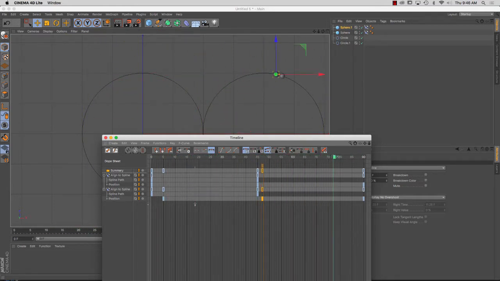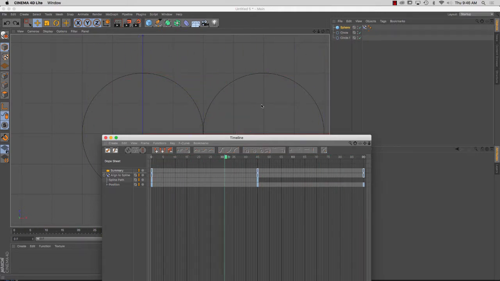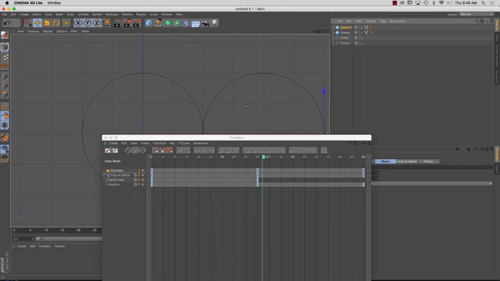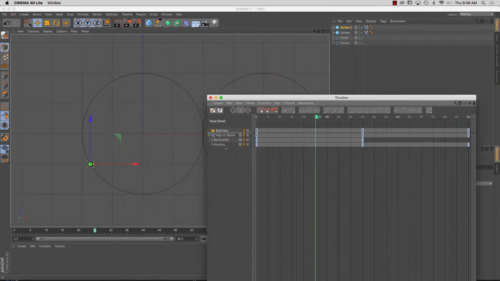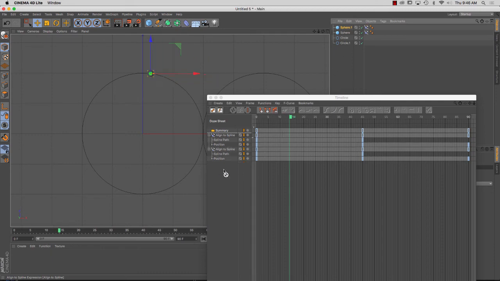Ask your question. So what I did, when we duplicate the object, let's talk about what I did. I've animated the object. You're good up to that point? Yes. Kind of? Okay. Since I already have an animation track attached to that object, as well as an align to spline tag already assigned to that, when I duplicate that, it actually is duplicating all this as well. Okay? So I'm going to take this align to spline tag, the second align to spline tag, and you can